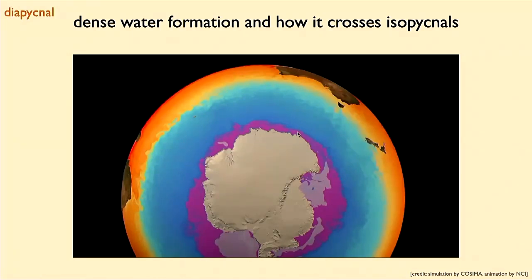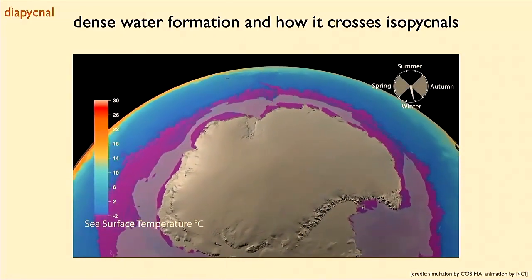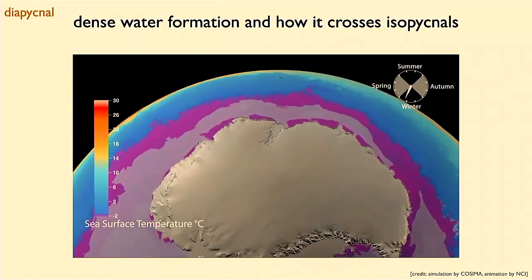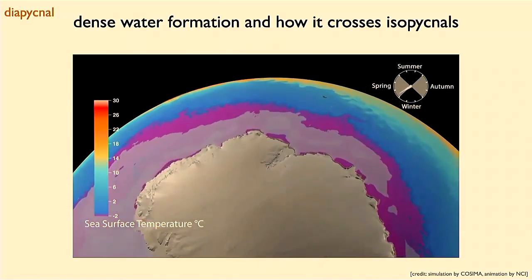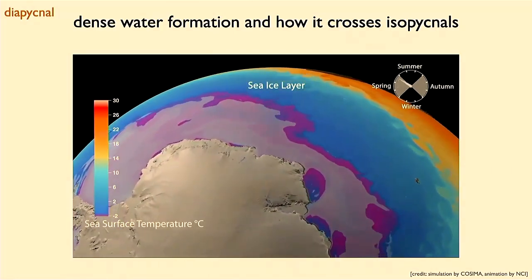Here, what we see is the sea surface temperature, and this purple water is really, really cold. It's where the sea ice will be formed, and as soon as the sea ice forms, the water becomes really, really salty. So cold and salty means very dense, and it will want to sink. But we'll go into it and see how this sinking happens. It doesn't happen all in the same place, but through various canyons. You'll see it's quite erratic and quite mesmerizing.